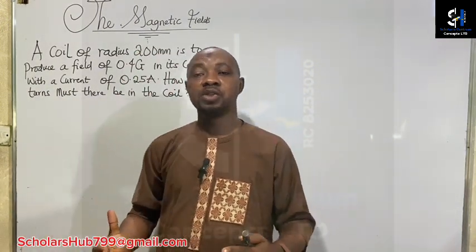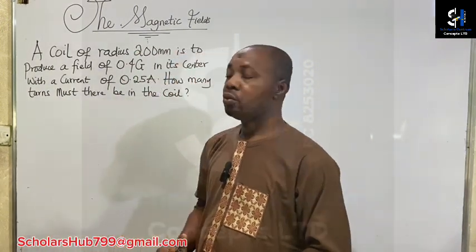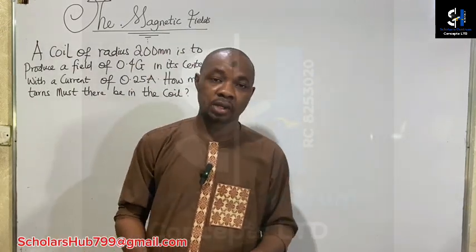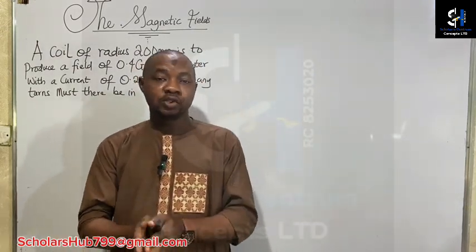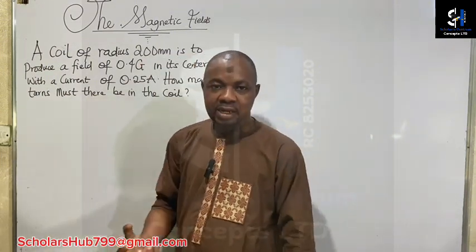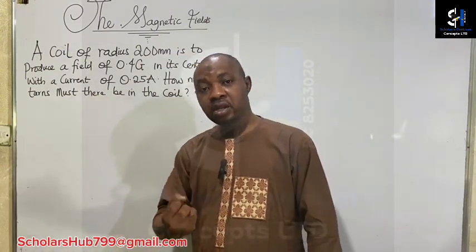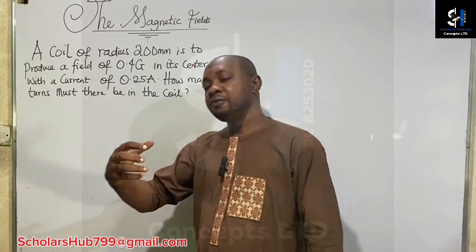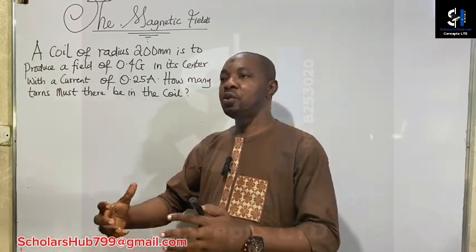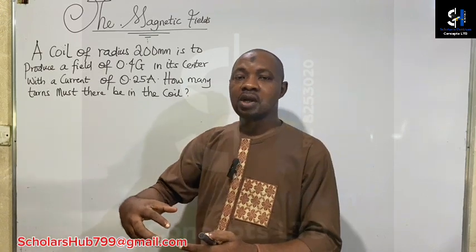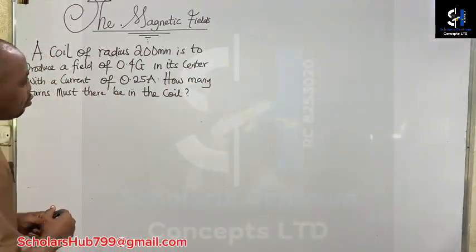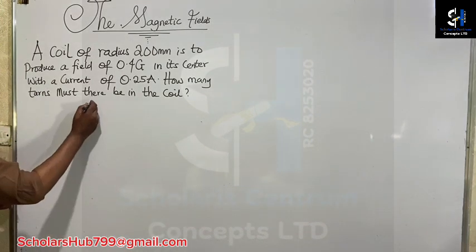To be able to calculate the number of turns, we know that when current flows through a circular coil, the magnetic lines of induction, also known as magnetic field lines of force, will emanate from the center, and then they will form what we call concentric circles around the coil. So to be able to solve this question,